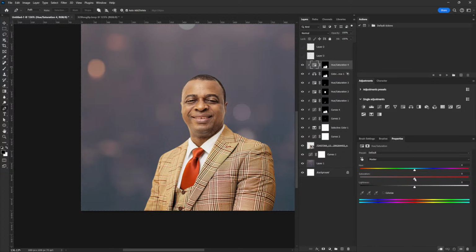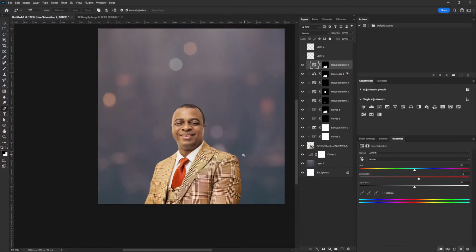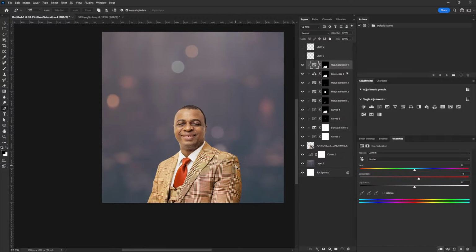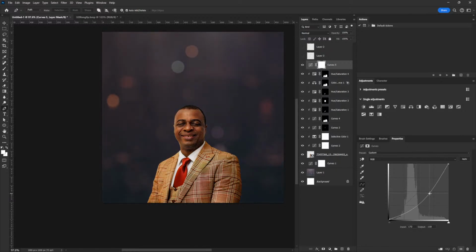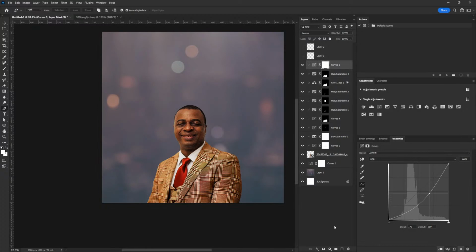All right, then I'm going to increase the saturation like that, and now this is beautiful. All right, this is beautiful right now. So I'm going to select the curve adjustment now, and I'm going to move this down like that, and select the clip icon again and hit Ctrl I to reverse the mask, and I'm going to select the brush to